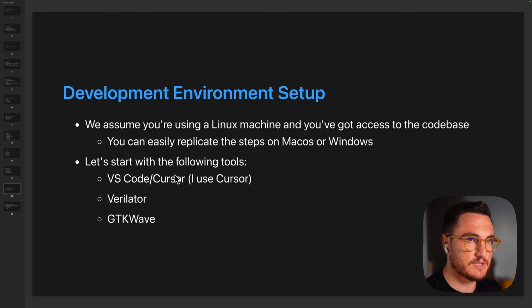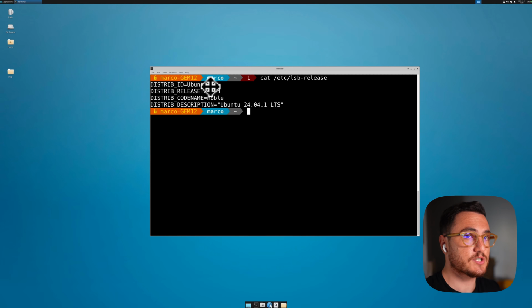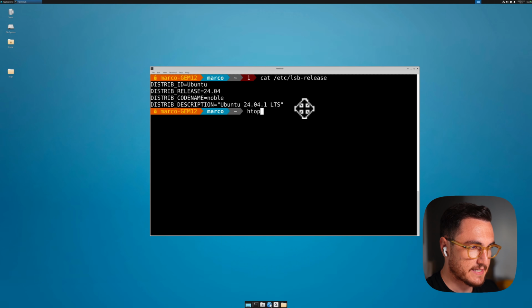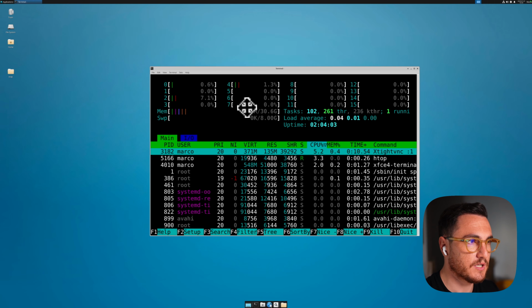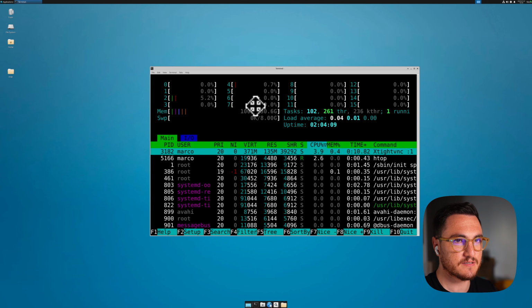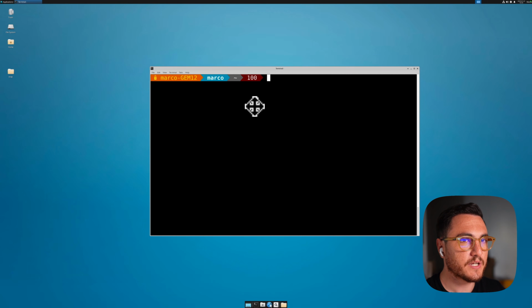For this part, I have to switch to the machine that will run Linux, and it's here. This machine is running the latest version of Ubuntu, at least the latest long-term supported one. It has a 16-core CPU with 32 gigabytes of RAM. You can get away with much less than this. As a matter of fact, this is a mini PC, so it's not that powerful. So now we can go ahead and install